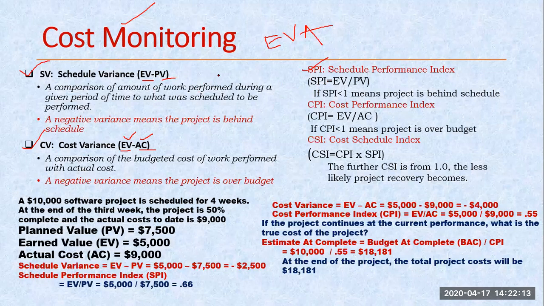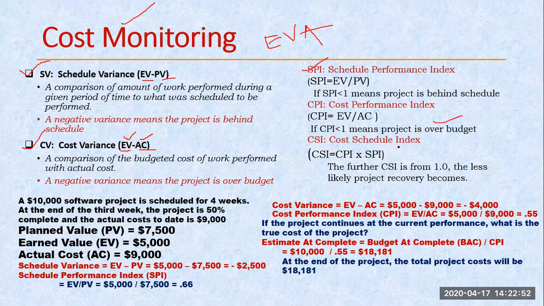Schedule means how we had planned as per the calendar date. So this we calculate using earned value divided by planned value. If the value is less than 1, it means the project is behind schedule. Similarly, the cost performance index, we can calculate using the same attributes. One is my earned value, another one is the actual cost. And if this is less than 1, it means my project is over budget. We have already spent more cost than my plan itself.